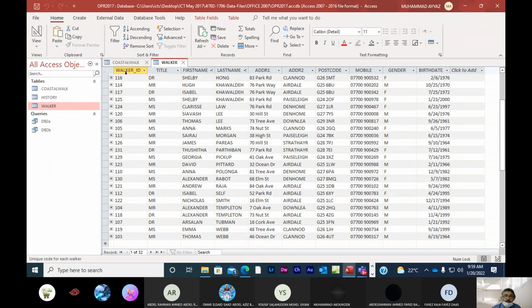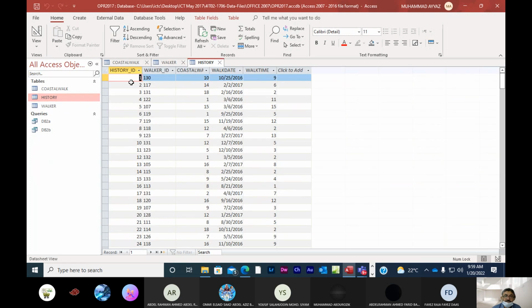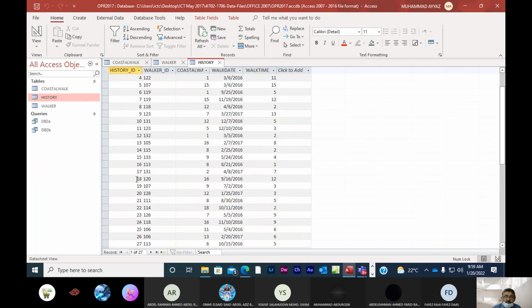Okay. So walker ID. See, these are the walker related. So what is the walker ID? Title and personal details are there. Date of birth, gender, and all. But what is the history when he participated? So in history table, his ID will be stored. See, for example, if you want to see about walker ID 120, so see walker ID 120 is here. So coastal walk ID was 1, date is this, and walk time was 11 minutes or 11 hours, whatever, and